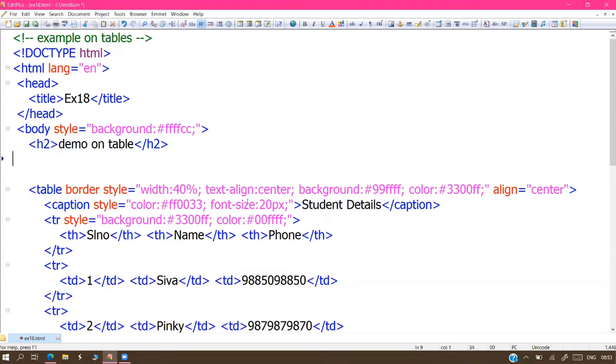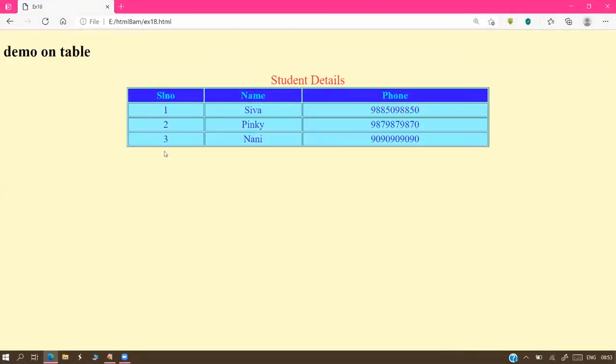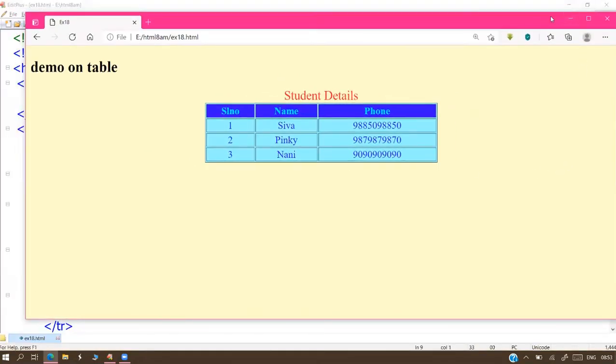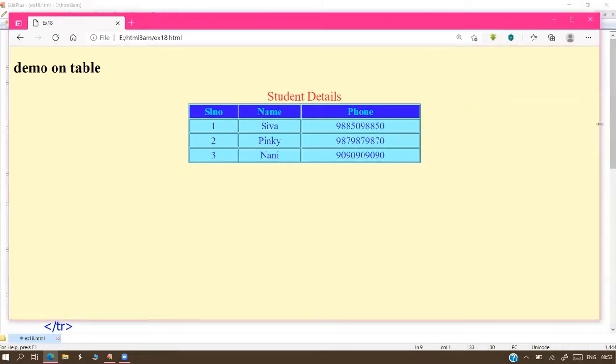Now see what happens here. Initially it comes with 40% width in the central element. I'm reducing the browser size. No problem. The table size also reduces. If you observe carefully, the table size also reduces, adjusting the data up to the least minimum size.